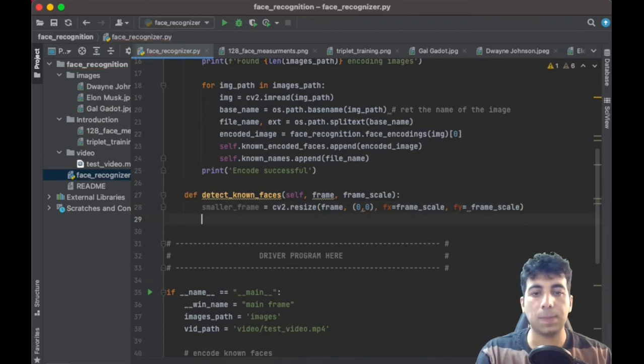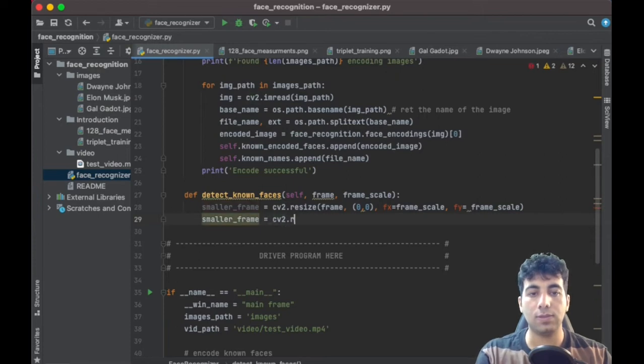And since OpenCV uses BGR format to read images, but the face recognition module uses RGB, we need to convert our BGR to RGB images, and I'm going to keep it back in the small frame,